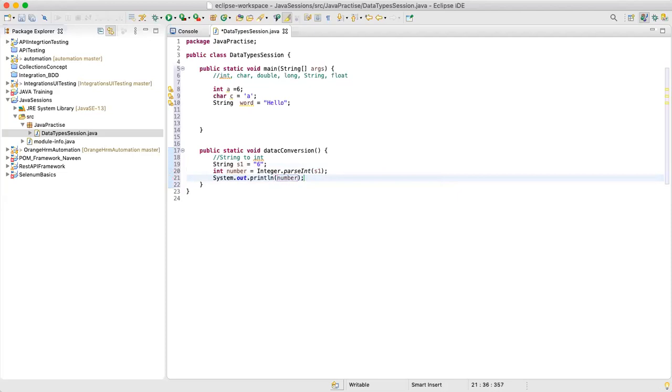Now, what will get printed over here? The value will remain the same, right? If you print s1, the value will remain the same, 6 and 6, but there is a difference in the data types. This statement will print string, and this statement will print integer. Now, if we run this program, will this print statement work? Anyone?